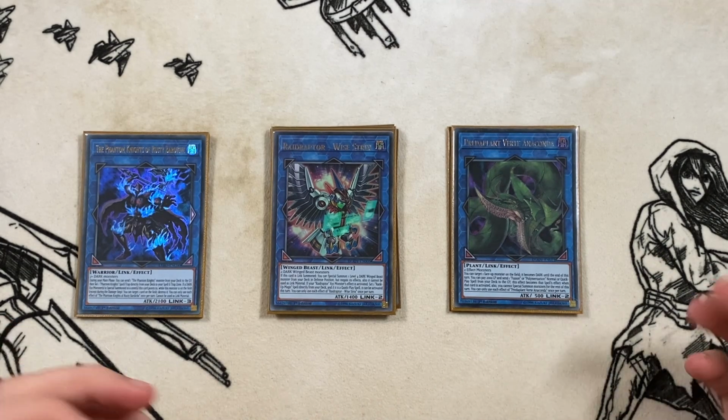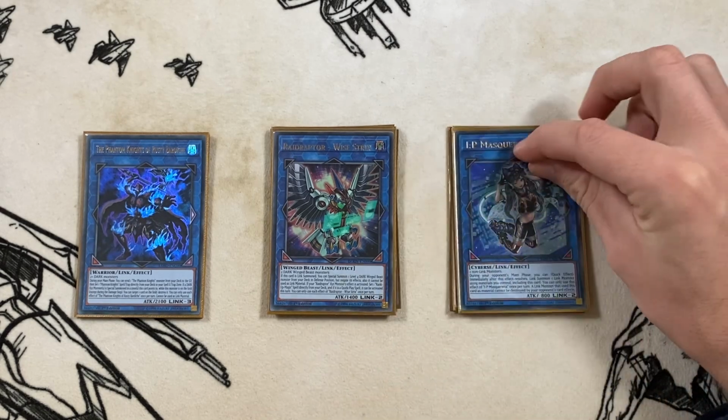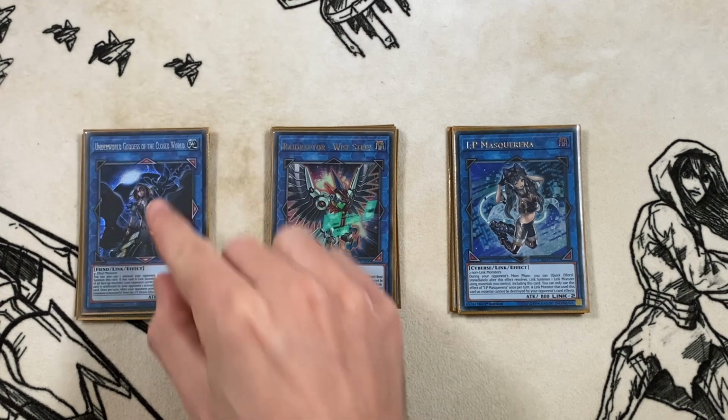If you do elect to cut it, or it does get hit on the ban list, you free up some space in the extra deck. Maybe play some rank 4s that are all a little bit different, or you could play some different links and stuff. Then for the last of our links, we're playing one copy of IP Masquerena and the one copy of